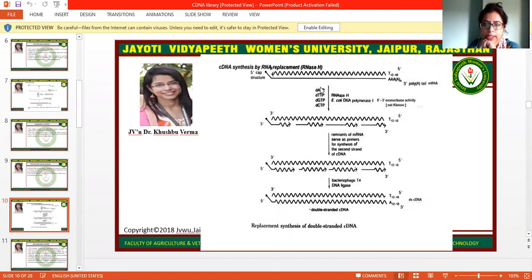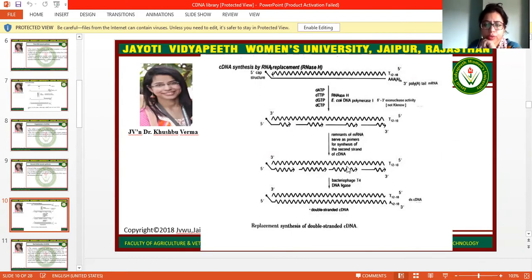On the other hand, dATP, dTTP, dGTP, and dCTP will be used by the process, and they will start to synthesize the second strand of the cDNA. Basically, remnants of the messenger RNA serve as primers for the synthesis of the second strand of the cDNA.